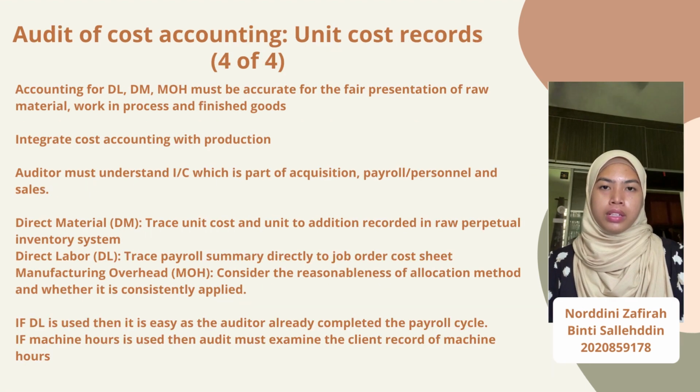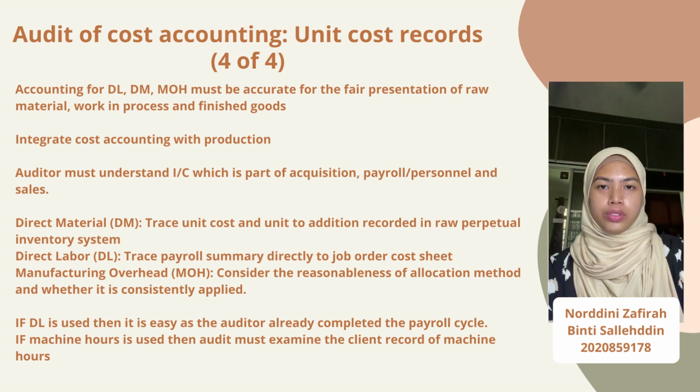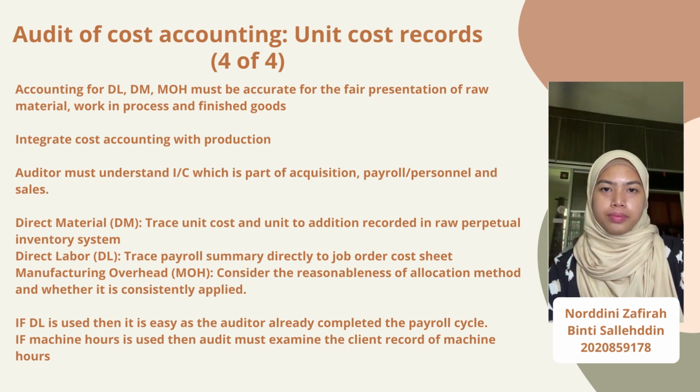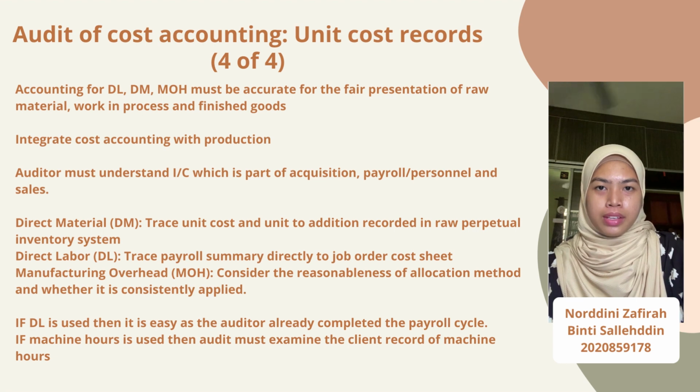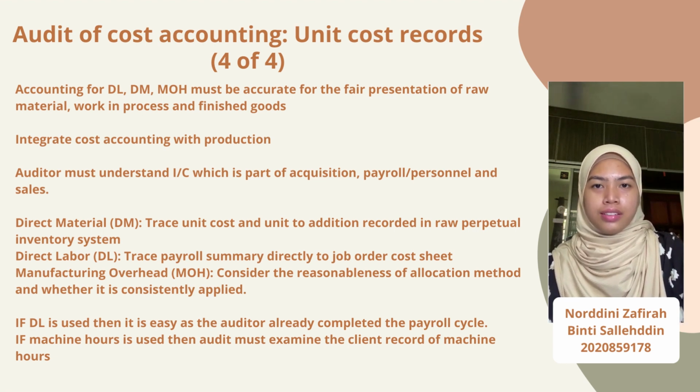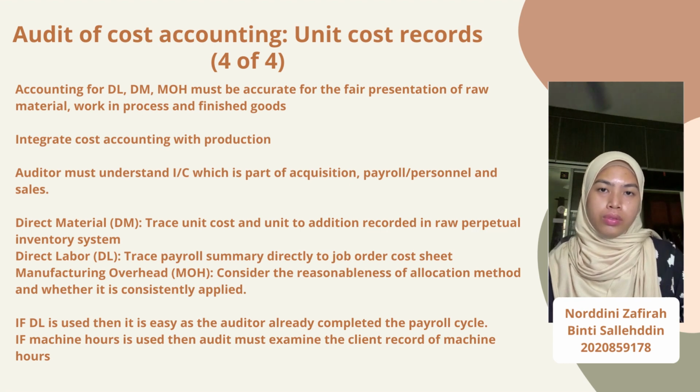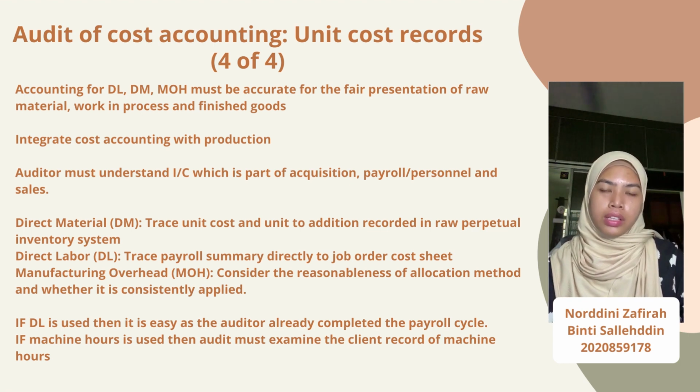Accounting for direct labor, direct materials, and manufacturing overhead should be accurate to ensure a fair representation of raw materials, work in process, and finished goods. Accounting should be integrated with production. Auditors must understand the internal controls, which is part of the acquisition and payment cycle, payroll and personnel cycle, and sales and collection cycle. For direct materials, they need to trace the unit cost and unit of addition in raw